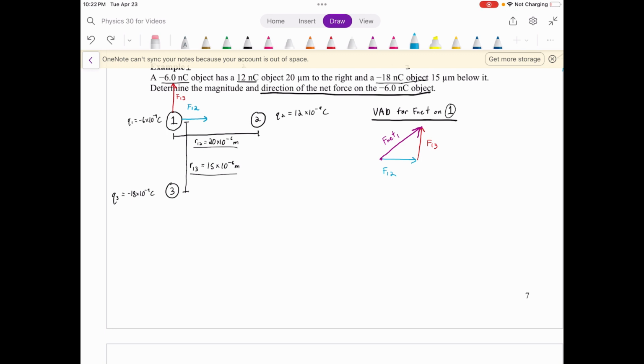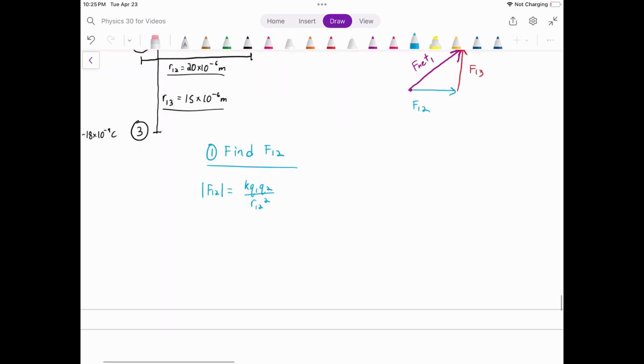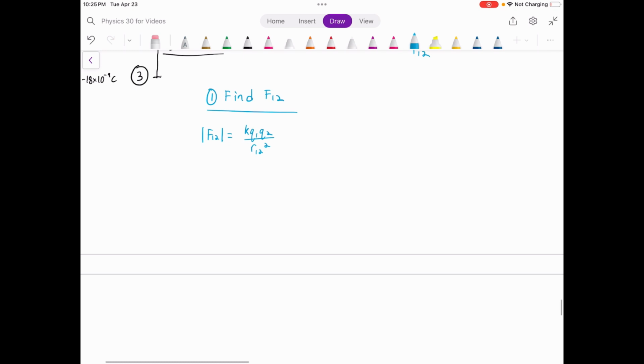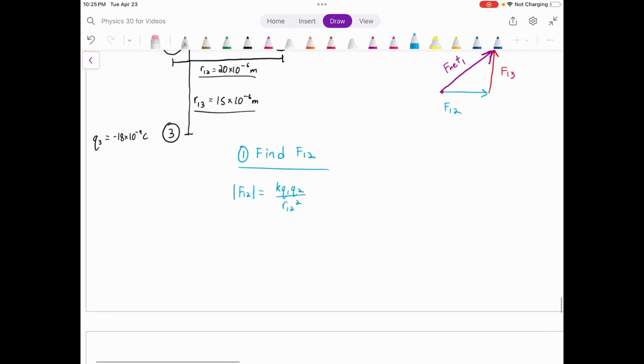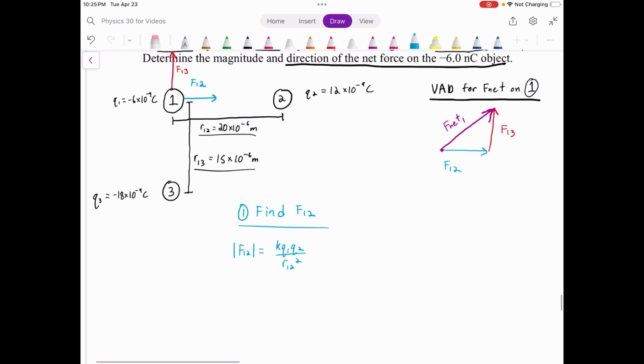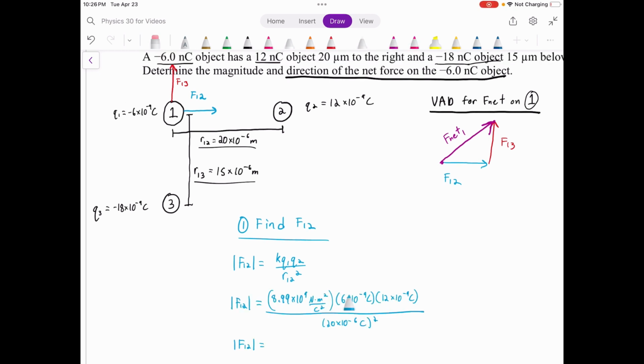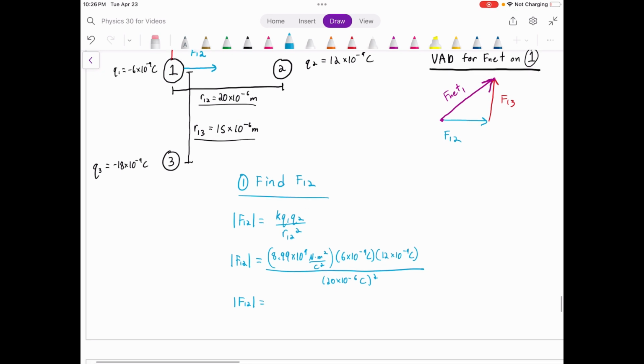We can just go ahead and say, all right, step 1, let's find those forces, and then we can worry about adding them up as we always add up vectors. So first, let's just find F12 with Coulomb's law. So there we go, right? That's how we calculate the force with Coulomb's law. Let's plug in the numbers for force 1, 2. So just using the charge of object 1 and the charge of object 2 and their separation distance, calculating that force would be